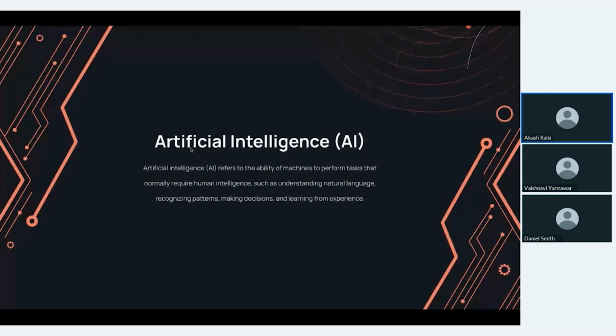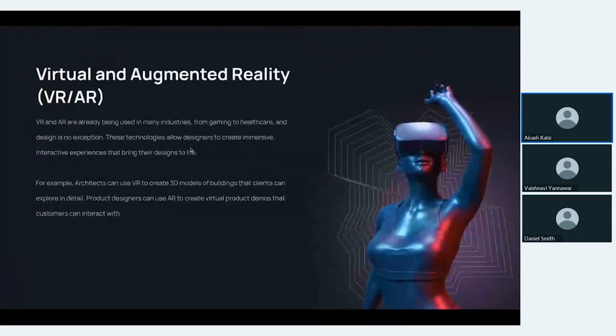So let's head towards our next technology, which is augmented reality and virtual reality. You must have heard about these technologies from somewhere. If not, let me explain to you. These are two very special technologies that designers can use to create really cool digital experiences for people. Augmented reality basically adds digital things like pictures or information to the real world around us using things like our phone or special glasses.